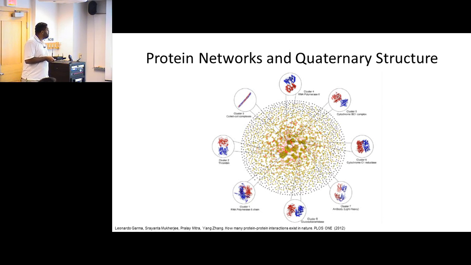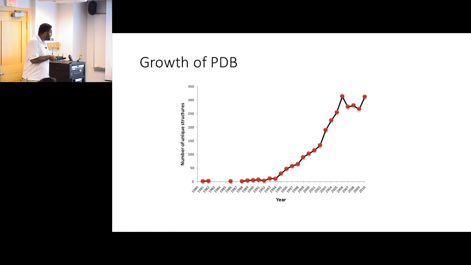A quick note, I'm sure you've seen slides like this before, the growing information of every database that we have access to. But for protein-protein interactions, there's been a trend going up of the number of unique interfaces that we have access to model protein-protein interactions. Would you likely explain why there's a peak in 2005? Why does it go up and then go down? Yeah. I don't know.